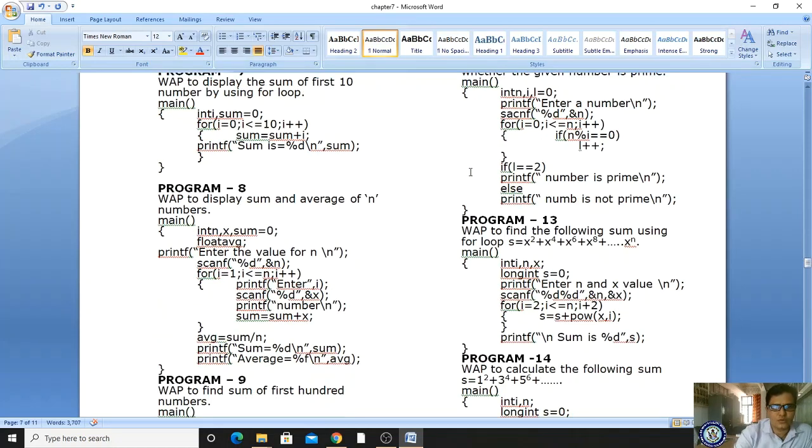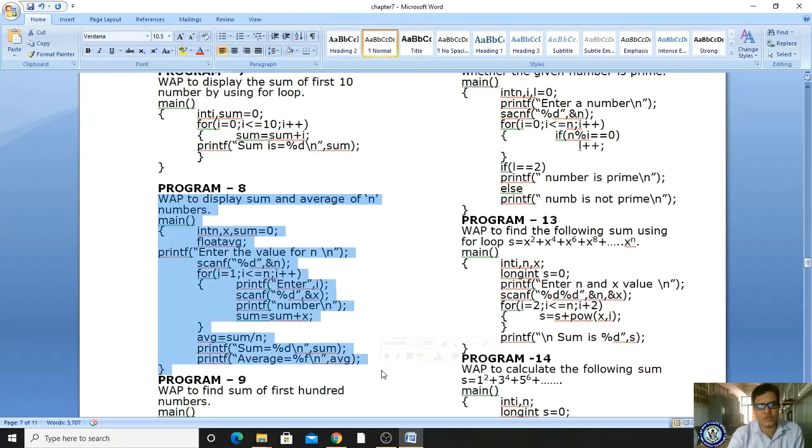This program is related to the for loop only, not a nested for loop. The program is sum and average of n numbers. I already explained it, I think. Whatever n numbers you input, it will be processed and it will print the result.